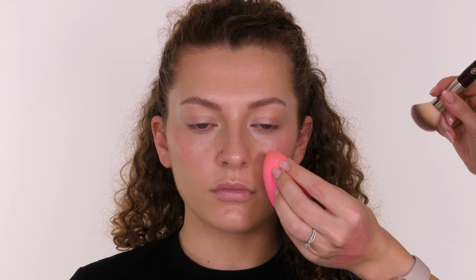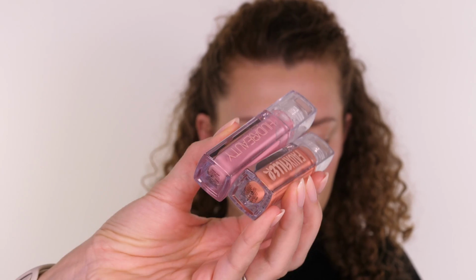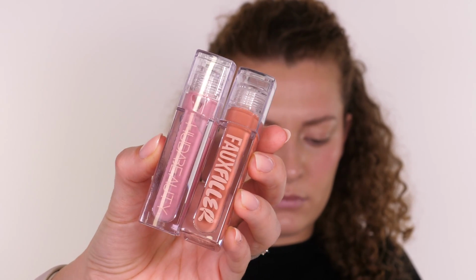So you can see I'm building it up slowly. I've applied it with the brush and then I'm knocking it back with the sponge to create a very soft veil on the skin, and then you can just build it up in the areas that you want it. Rather than applying too much and not being able to take it away, you also want your edges to be very seamless. As I mentioned earlier, I am going to be keeping the lips very simple with a nice layer